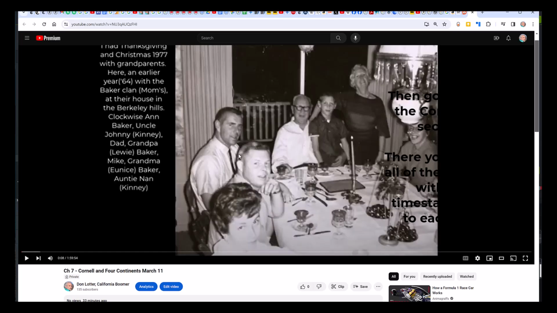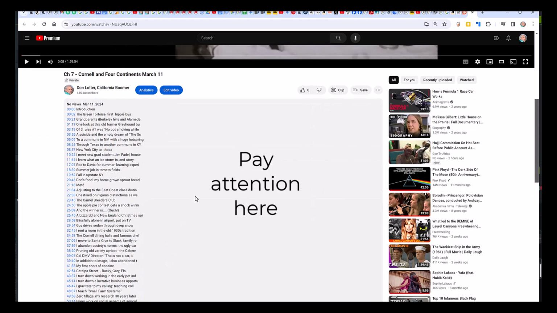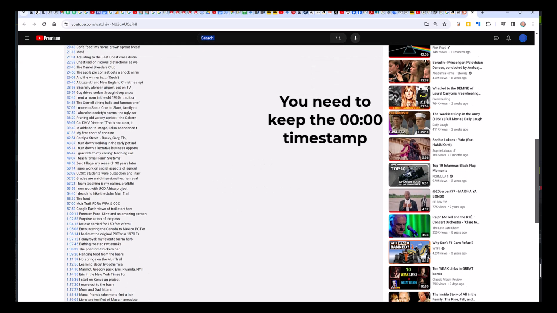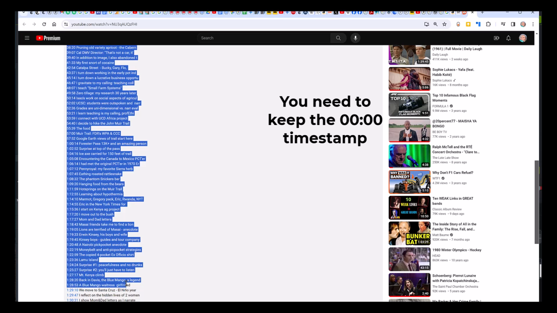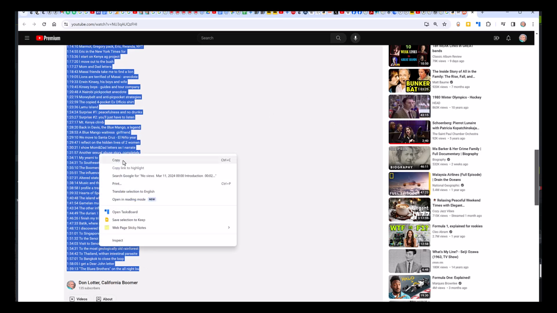All right, so then I go through it. I've already gone through this, so I don't need to edit it again. So here is where, now this is important for you to pay attention, it is these that you want to copy, because these have, you see the blue on the left, the timestamp is in blue. That's a link. And each one of those links, you can copy and put into your web page builder or Word.